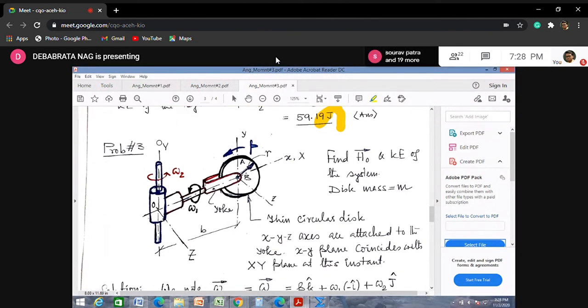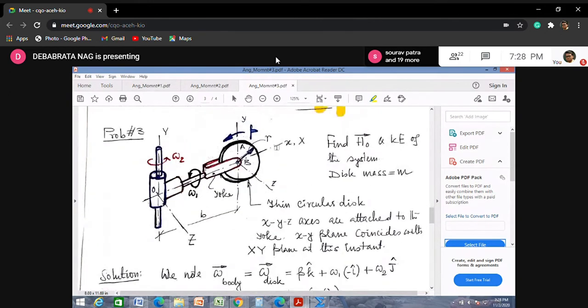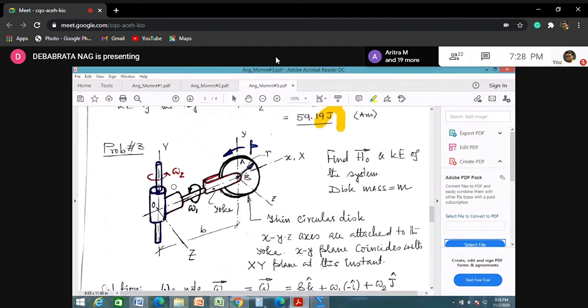So now we are left with the last problem. Now in this problem, this is another complicated problem. So this problem shows a system. Let us explain the system first. See, all the remaining terms here are massless. These links and all these are massless. So you have a disk here, a thin circular disk, of mass m, radius r, etc. Those things are being given, and this disk is attached with a yoke. So this is the yoke, like our problem 1. Remember our problem 1? This was vertical. In this case, it is horizontal.